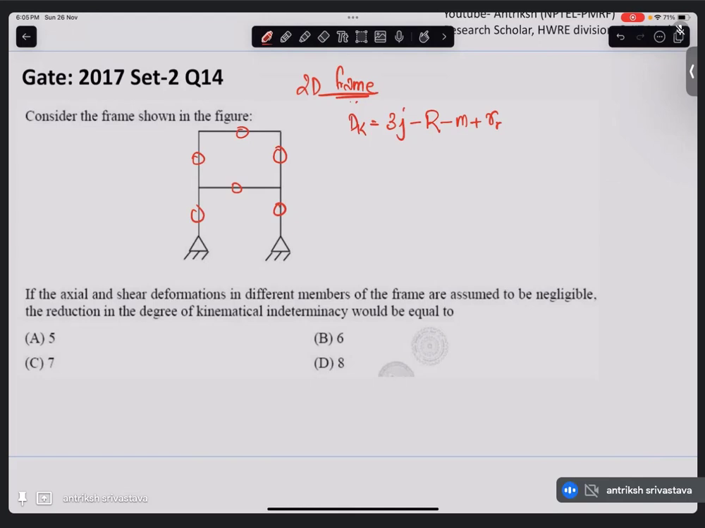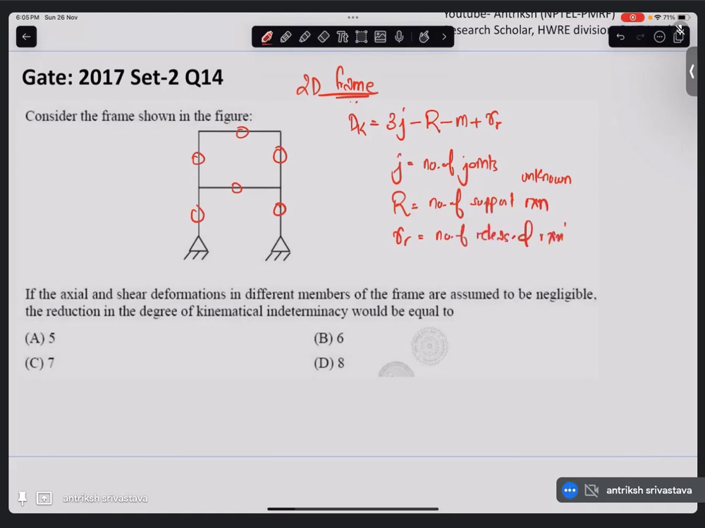So the notations might be different compared to other places if you are looking at. So the J is actually the number of joints, including the free end, right? Including the free end, including the released joints, everything will be included. R is the number of unknown reactions, support reactions. Right? Unknown. RR is going to be the number of